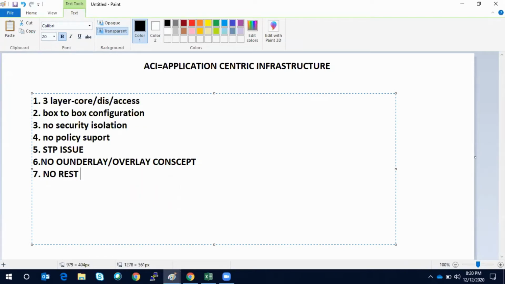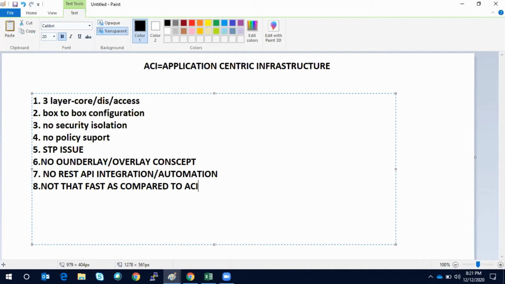No REST API integration or automation. Not that fast as compared to ACI. So these are the major things.